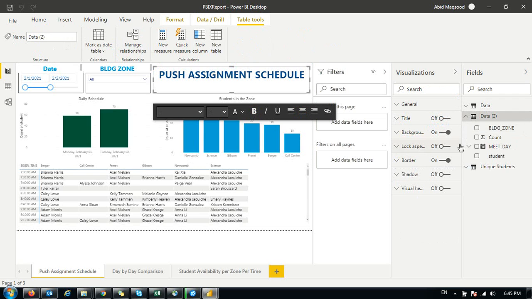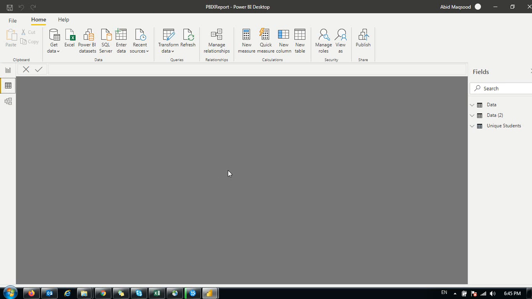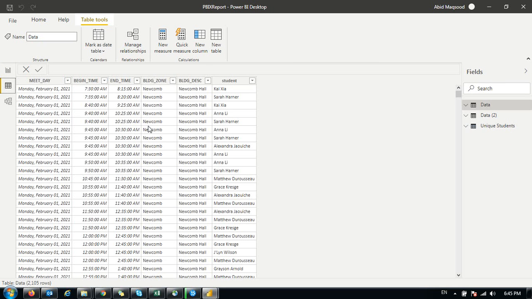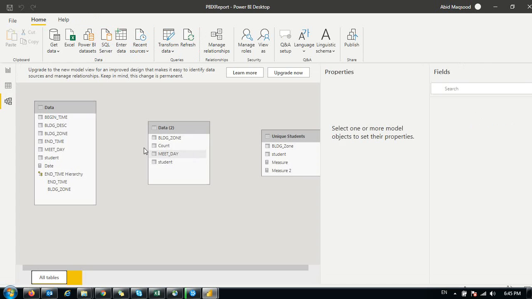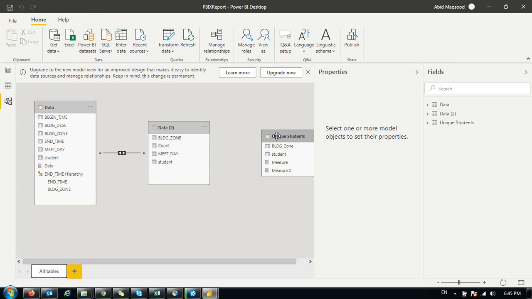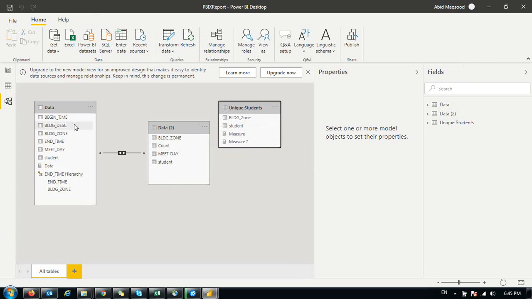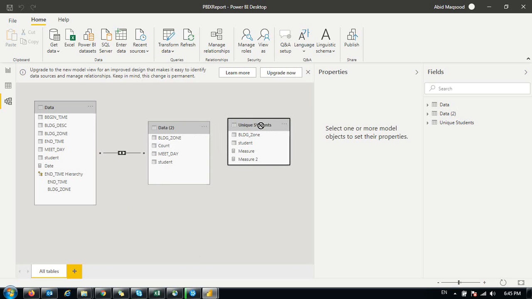One is table 2, one is unique students. Here you can see that we have three tables and we have a relationship between data 2 and data table. Data 2 is actually created as another table from this table, and unique students also is created from this particular one.